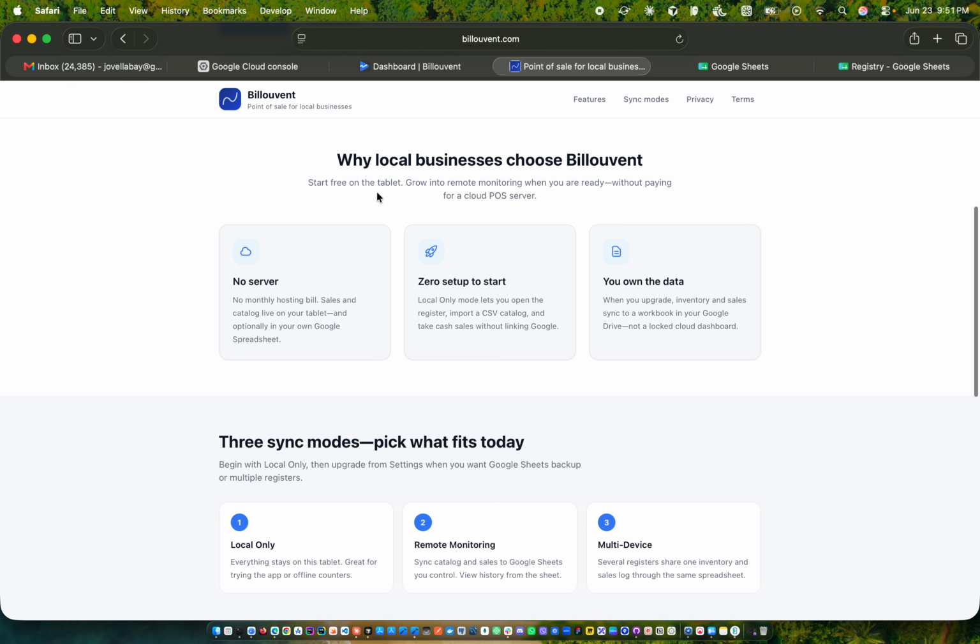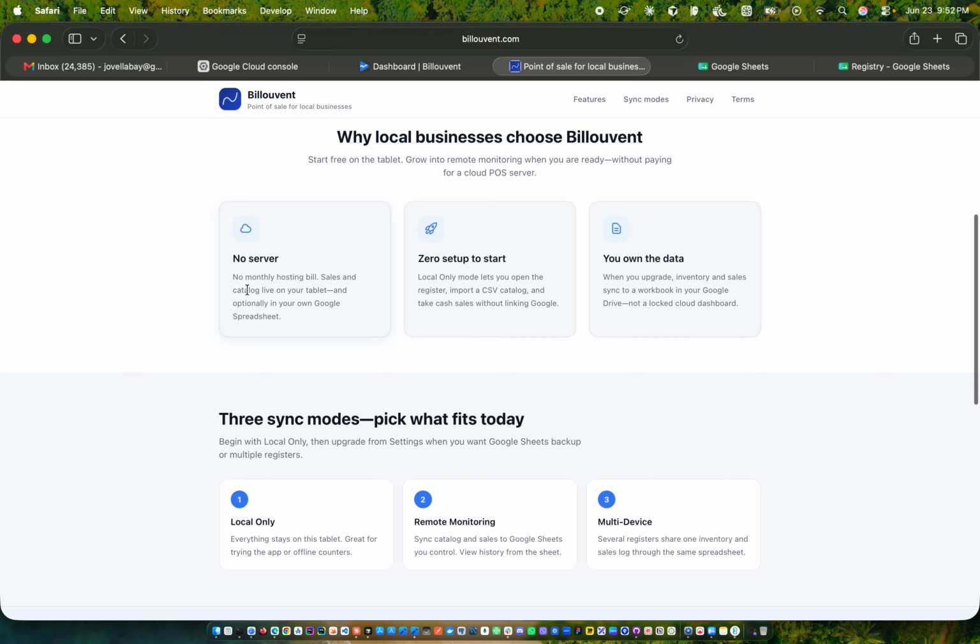So in the app there are three tiers. First is no server. That means there's no need for Google Sheets in order for the application to work. All the data will be stored directly in the local database of the application, because we designed the application to still run even if there is no Google Sheet.